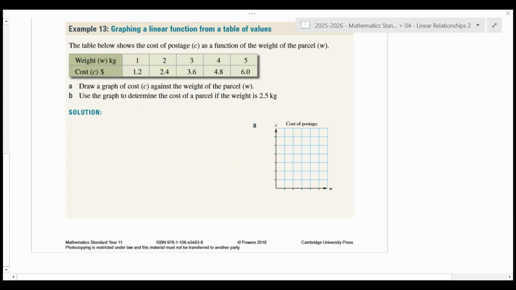So there we go. That's down there. And so we take our first one. So we've now got to draw the scale on. That's one thing I didn't do. Our weights are in ones. So let's go 1, 2, 3, 4, 5. That's pretty straightforward. And then our other ones go from 1.2 up to 6. So if you have a look, we've actually left it so that it's going to be 1, 2, 3, 4, 5, 6. Now, when you're plotting these, they're not necessarily going to be perfect